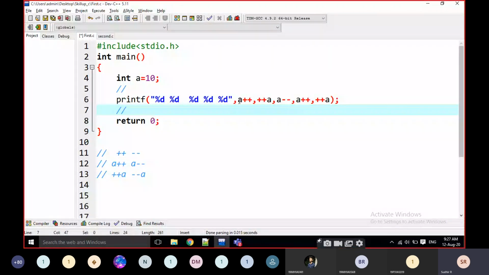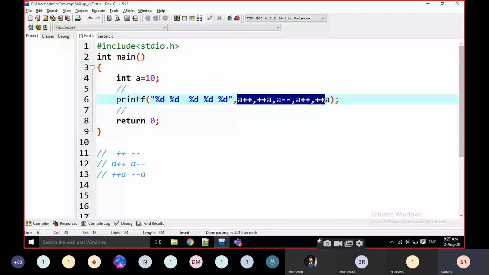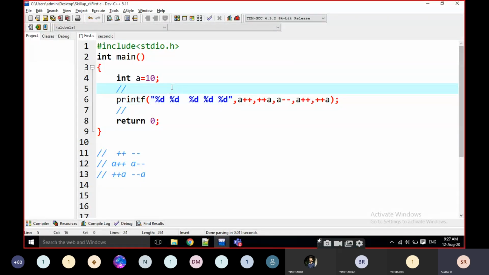If all the operations are only post-increment and post-decrement, for example with an arithmetic operator like a plus b minus c, the association is from left to right.